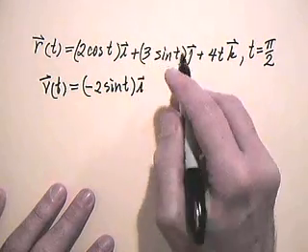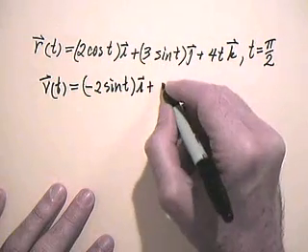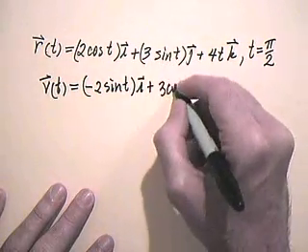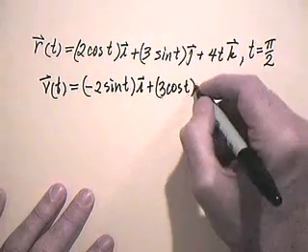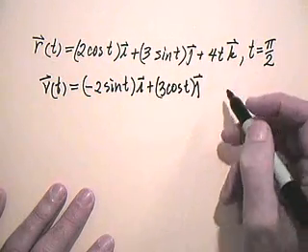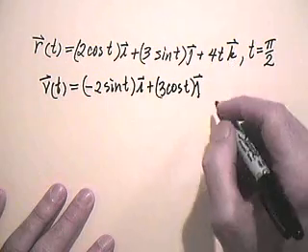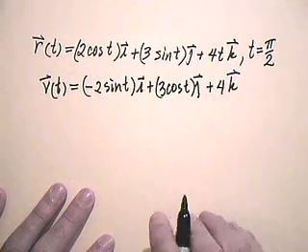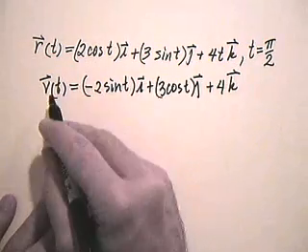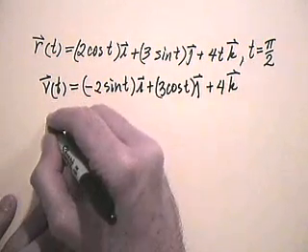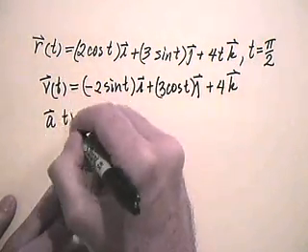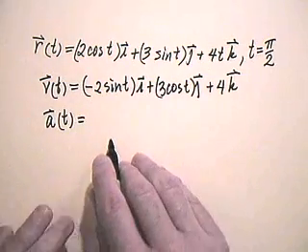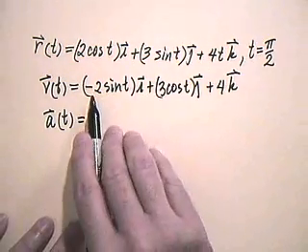Derivative of sine is cosine, so our second component is 3 cosine t j. And the derivative of 4t is simply 4, so the last component will just be 4k. And to find acceleration, we differentiate again. The acceleration at time t is simply the derivative